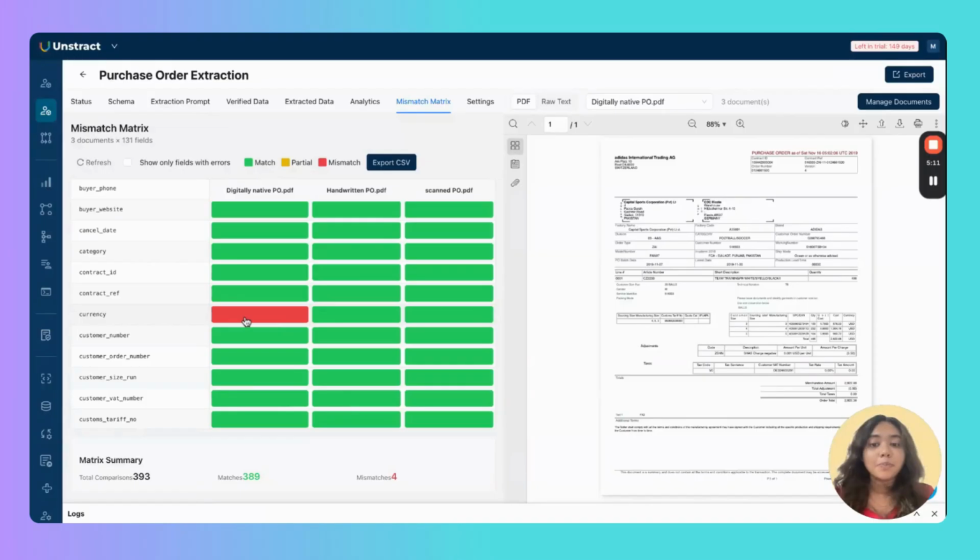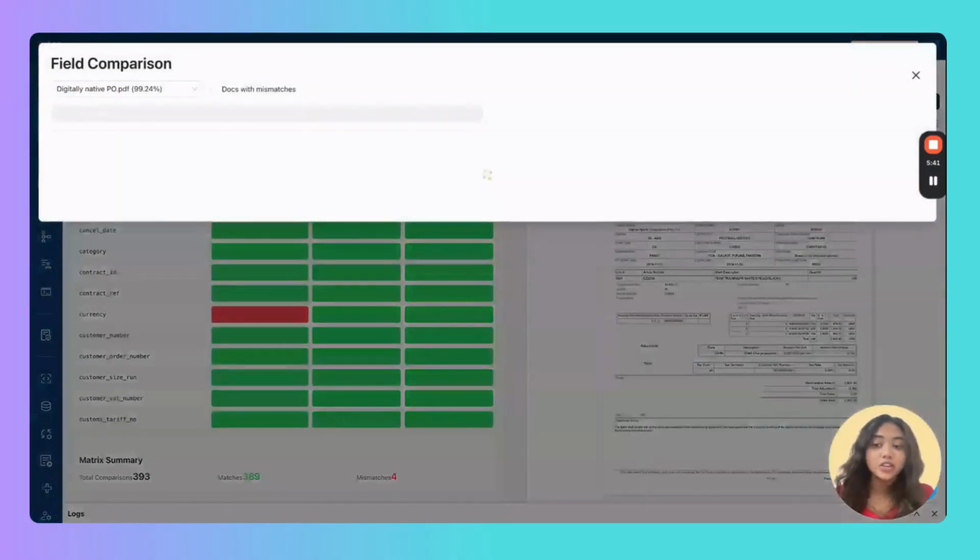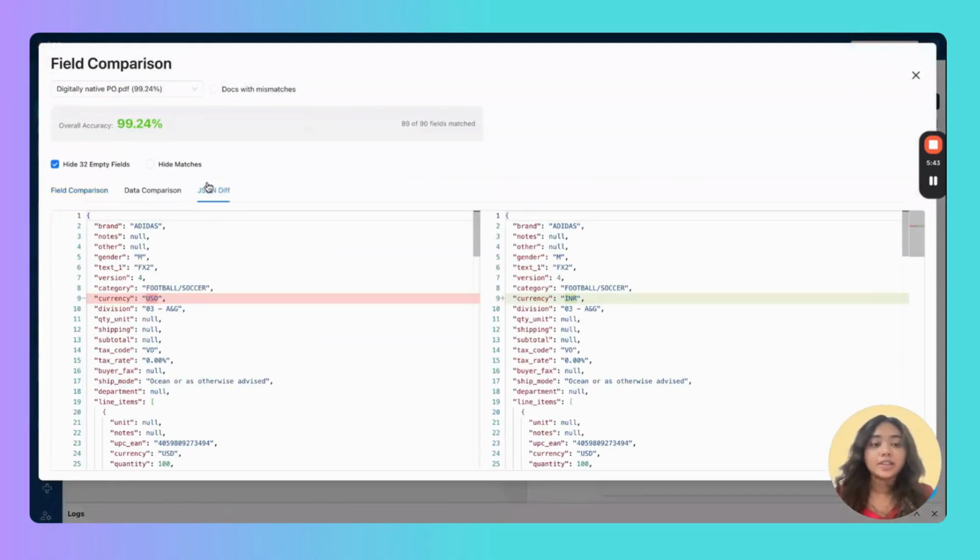And it also lets you compare how the same prompt has worked across multiple test documents, because the same prompt could work perfectly well for one document while it might not work well for another. So when you have an incorrect output that is flagged over here, you can basically understand that there is an aspect of the prompt that is not covering an edge case or a special occurrence in this particular purchase order. And again, I can drill deeper from here and look at the exact field mismatch.